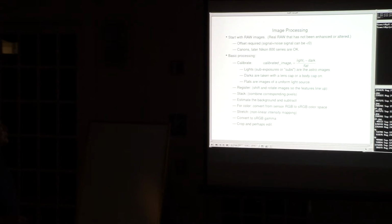The basic processing to calibrate the image is you take your lights, those are your shots of your targets, lights or subs, subtract the darks, and divide by the flats. Now, subtracting the darks removes that pixel zero variation. Then the flats,